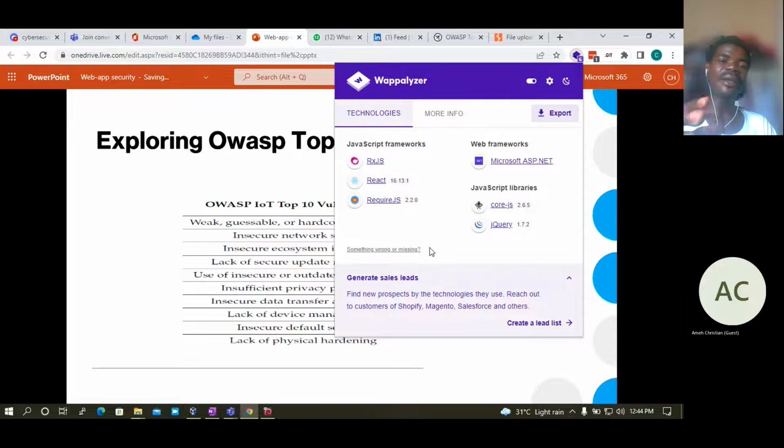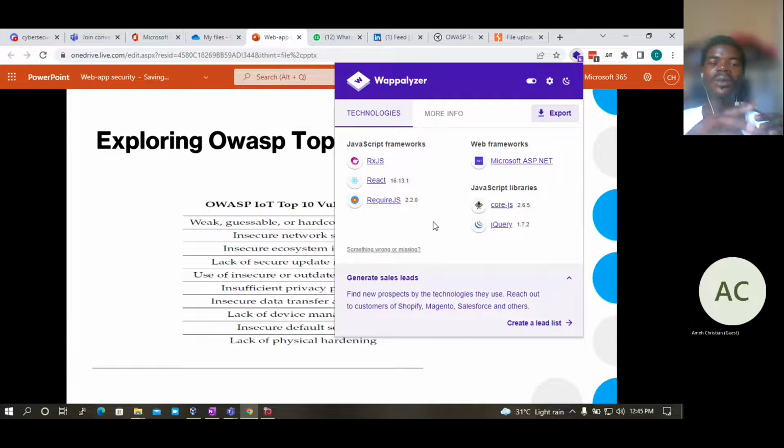Just imagine that the people that made React publicly announce that a hacker has found a vulnerability by which they can gain remote code execution with React 16, let's say 12.0. An organization, for example Facebook, I'm just using Facebook as an example, is still running on that